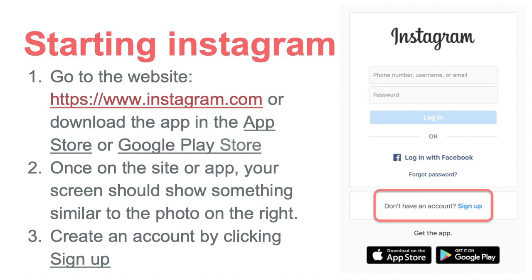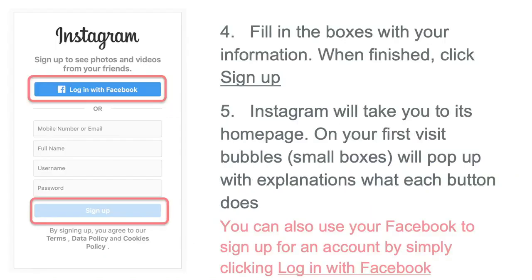The steps are pretty simple, like signing up with anything, with Facebook, with whatever kind of account. You put in a number, a username, or an email, and then a password, and you'll get signed up that way.